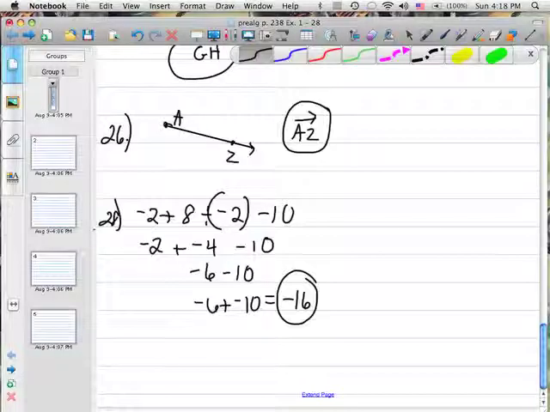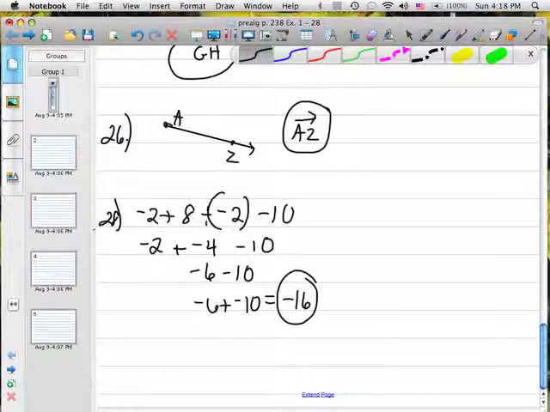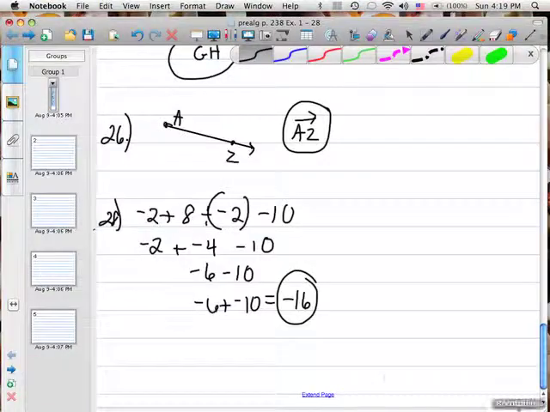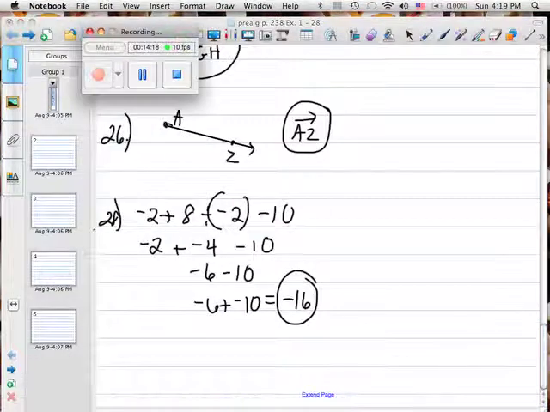for 27 and 25. 25 you have to find the least common denominator and then add them. And then 27, set up the word problem. You can use the calculator to help with the multiplication, but you have to show how you get there. That concludes the evens. Be sure and check the back of the book for the